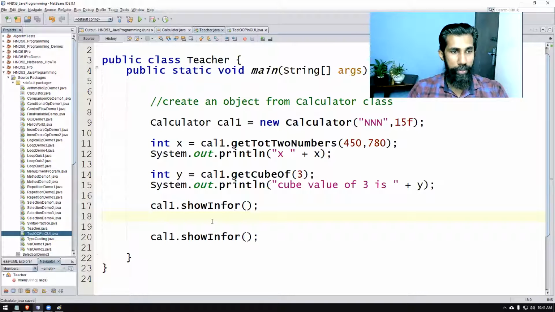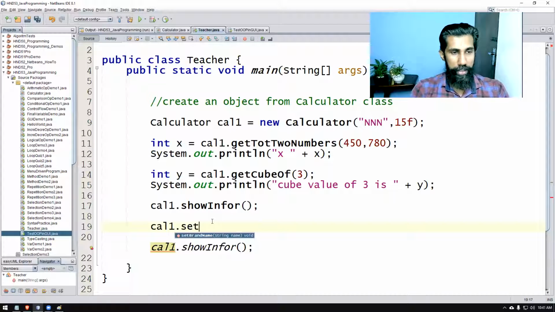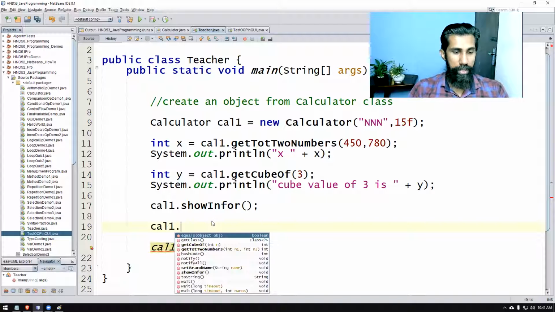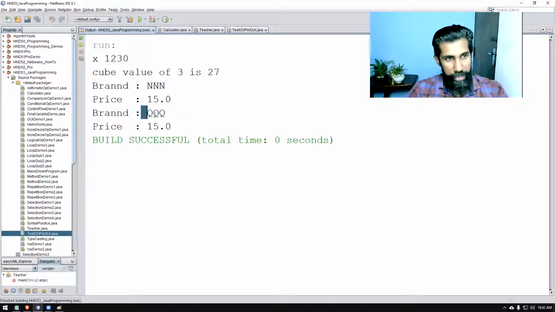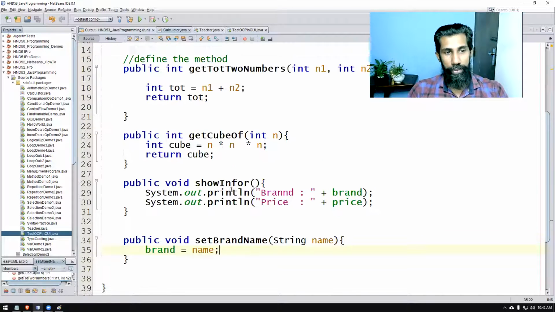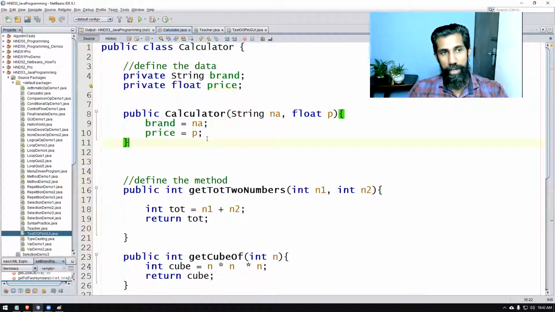So in here, if you like to do that, you say cal1 dot set brand name. You can give a new name, like let's say QQQ. So when you run this, the brand name is properly getting changed, and this is a legal way of doing it without affecting the code directly. Those are the things that we discussed today. Okay, so this is with the constructor method we are doing it, and earlier we did it without the constructor method. This is anyways recorded in the video, so you can look at the last part of the video and get it done, right?